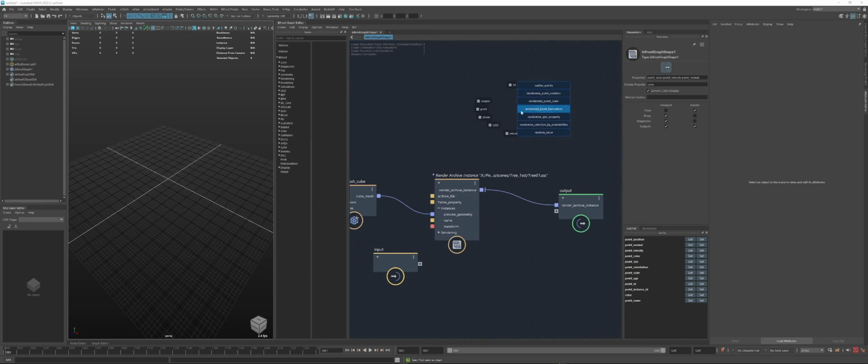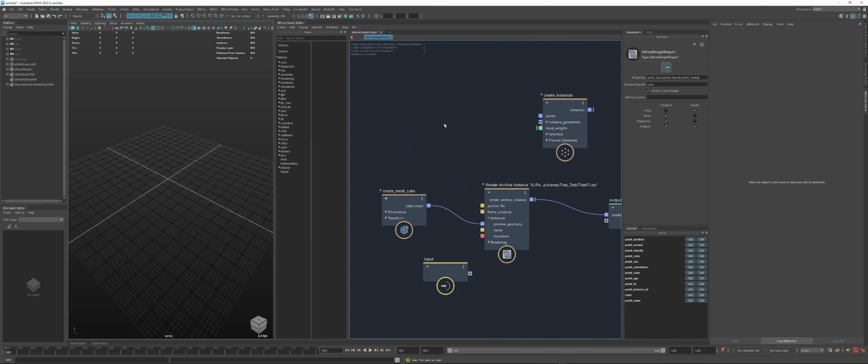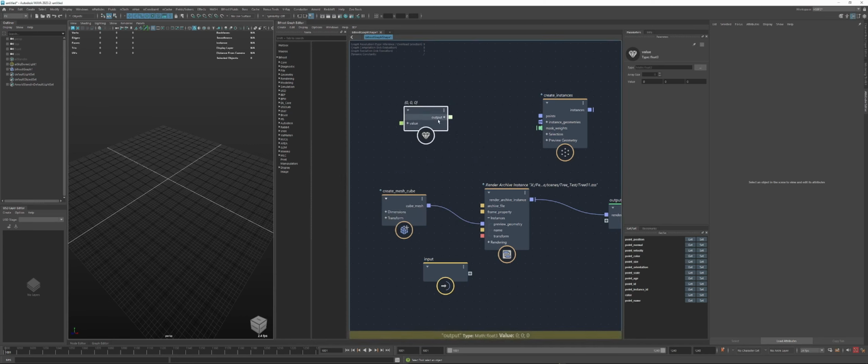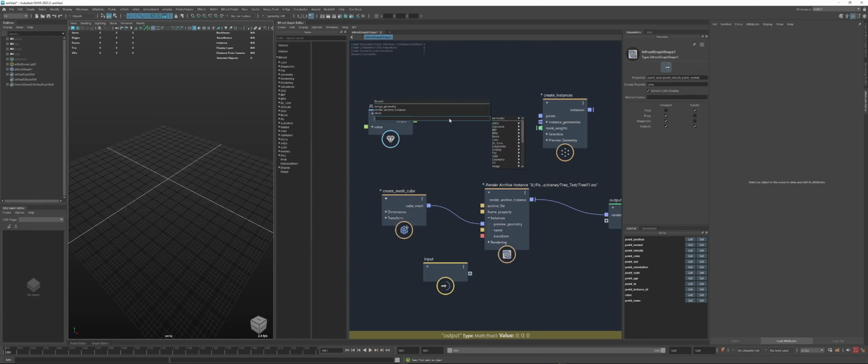So if I create an instance, create instance, I'm gonna create just one point right now. So I'm gonna create a value. I'm gonna change the data type to a vector 3 since it's position and not a scalar. And I'm gonna create a construct points to create the point. I'm gonna do fan in since it's just one value. Connect this guy here, here, and then if we look at this, we see the cube, which is just a